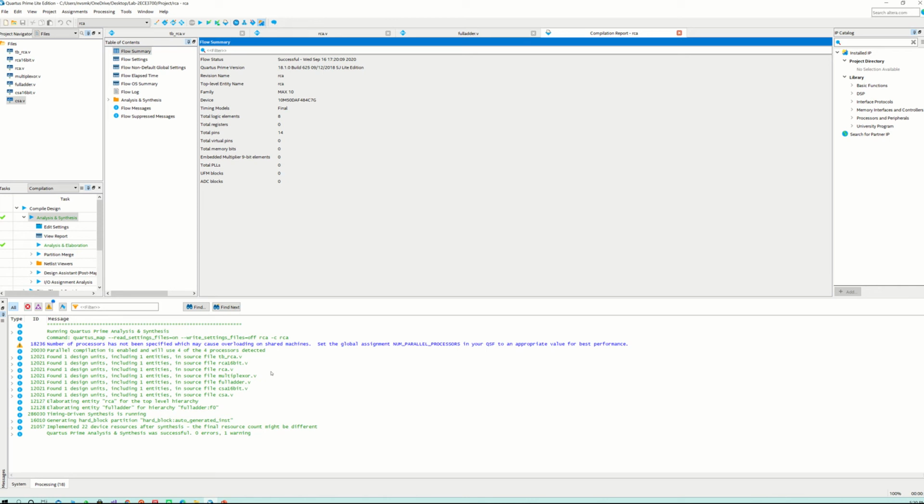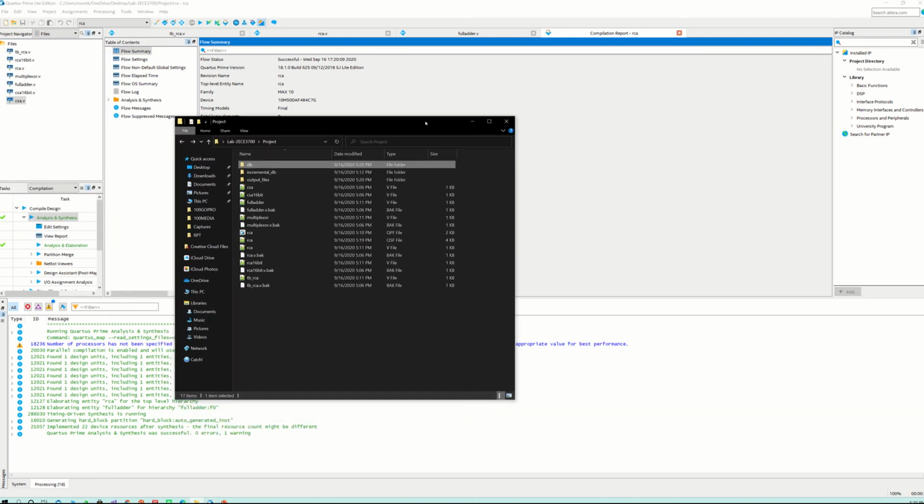You can include SDF files wherever you want in this edition, and if you include those, you will get the .sta outputs, that is static timing analysis outputs. But I don't think that is required to actually find the delay of your circuit. If you find the number of gates and interpret the delay in terms of number of gates, that should be enough. So now that our analysis and synthesis is successful, if we look at our project location, we have this